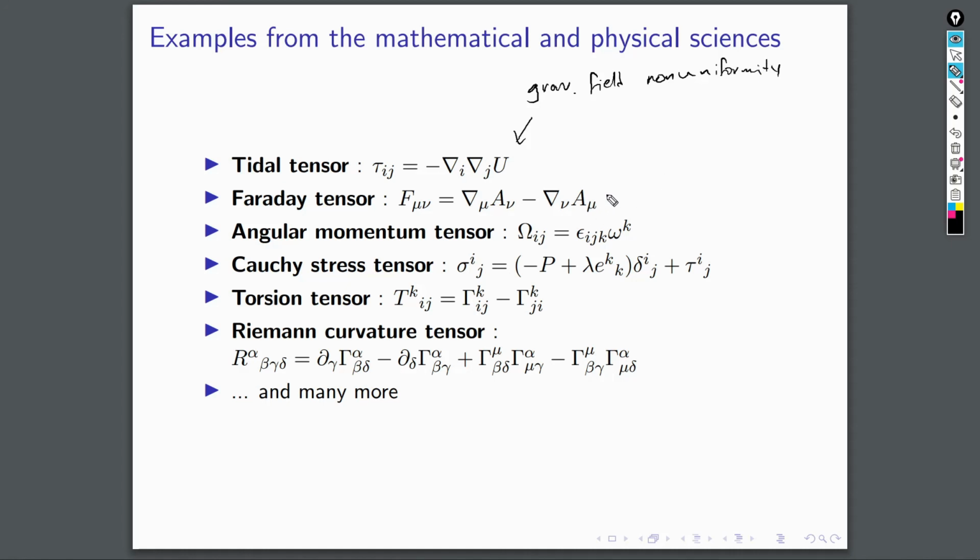Okay, Faraday tensor, the electromagnetic tensor, allows us to formulate Maxwell's equations in a coordinate invariant way,